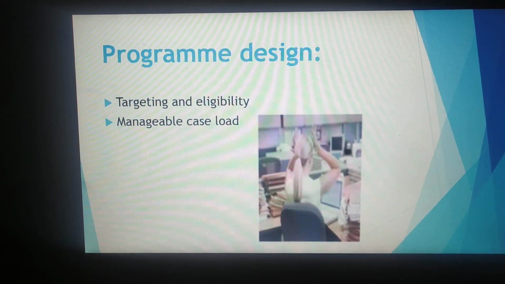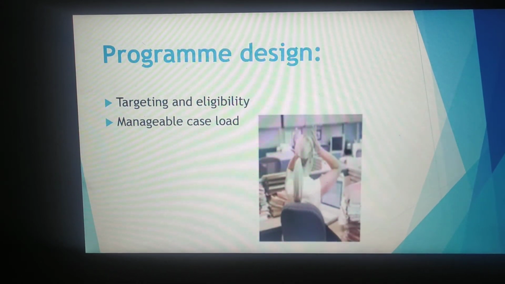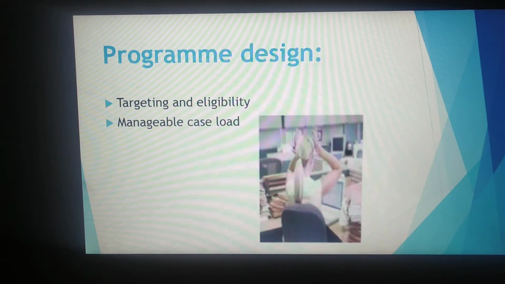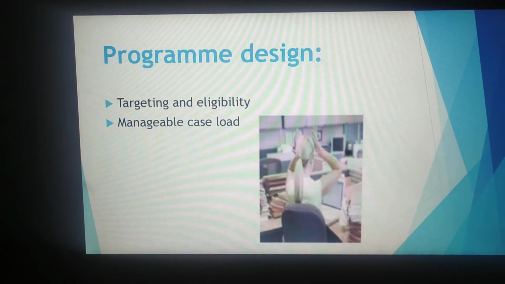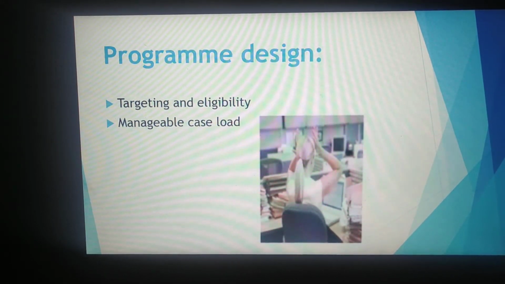Here the program design includes, as a psychiatric health nurse, how we need to design the program.